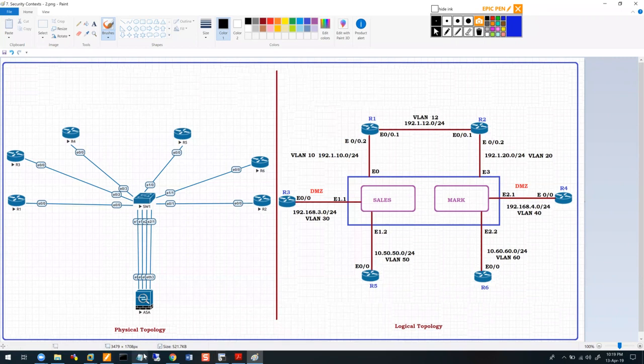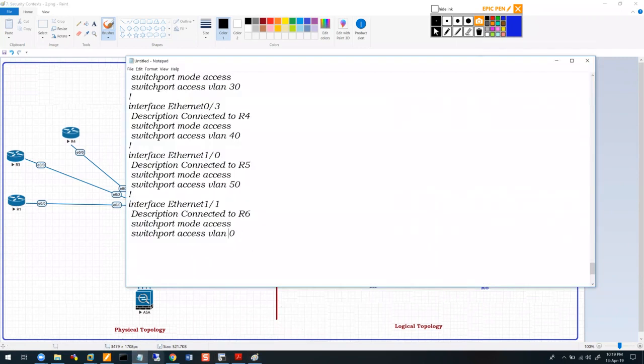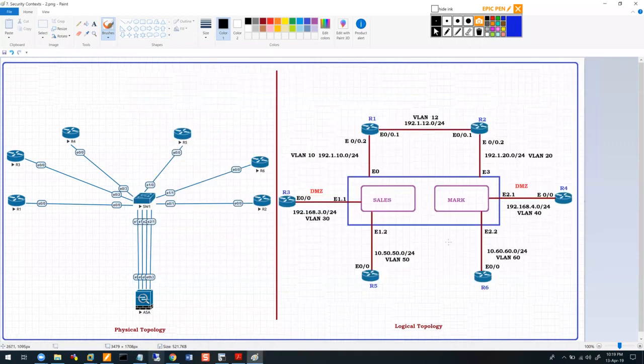Okay. What have I not done so far? The firewalls themselves. Take a look at what I'm doing with the firewall. I needed to have 3 interfaces each. So what I decided to do was assign E0 and E1 to sales, but E1 I split up into 2 sub interfaces, one for VLAN 30, the other one for VLAN 50. Just like I did on the router, I'm going to do the same thing for the firewall inside the system